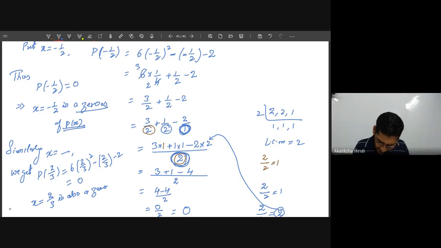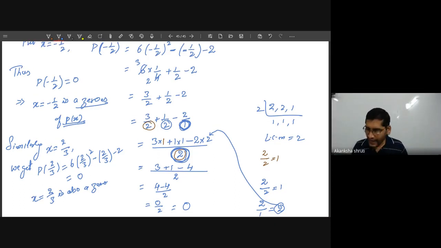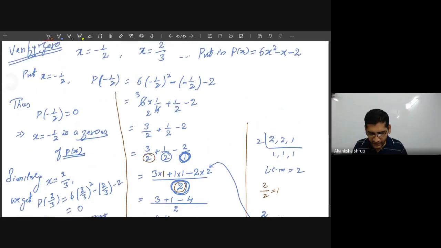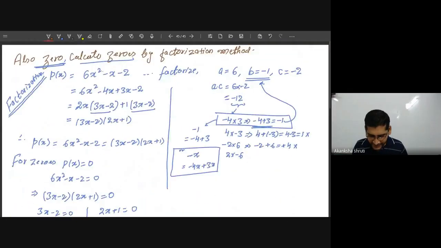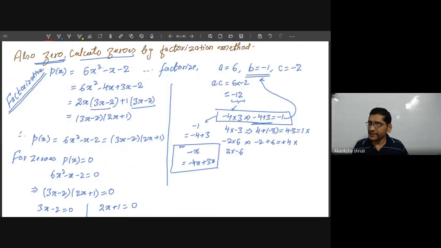Okay students, so whatever we have learned we have to summarize it and we have to do few more questions. आज आपको हमने बहुत सारे चीज प्रीवियस चीजों के साथ कनेक्ट करके आपको बतलाए कि हम जीरो का कैलकुलेशन कैसे कैसे कर सकते हैं. जीरो का कैलकुलेशन हम डिवीजन के हेल्प से भी कर सकते हैं. हम फैक्टराइजेशन कैसे कर सकते हैं, हम स्प्लिटिंग मिडिल टर्म से कर सकते हैं और दूसरा डिवीजन मेथड से कर सकते हैं. तो यहां हमने आपको बताया स्प्लिटिंग मिडिल टर्म.